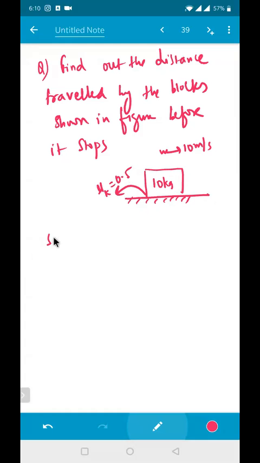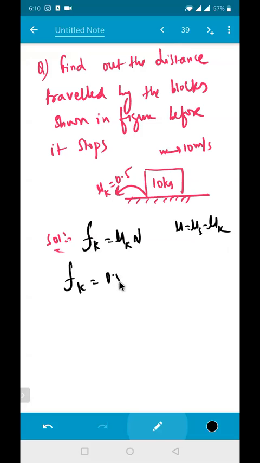Chalo, try it. As it is in motion, friction will be equal to how much? Fk is equal to mu k into normal, isn't it? So here mu will be equal to how much? Mu s is equal to mu k when not mentioned anything. So Fk is equal to 0.5 into normal, which will be 10 into 10, that will be equal to 100. So it is nothing but 0.5 is 5 by 10, 0 will get cancelled.